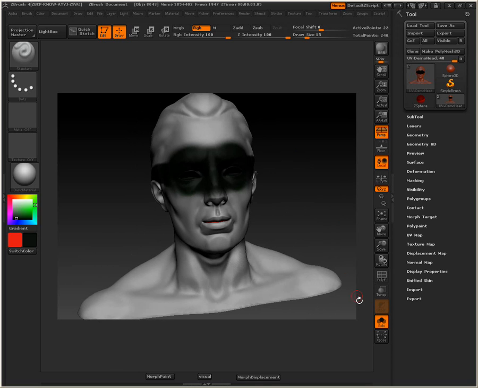It also works for subtools. Like I said, I'm going to hold the Alt key and click on the eye, and if you look up here in the left hand corner where my cursor is, it's going to tell you what's selected. So hold the Alt key, get by the eyes and click, and you can see it says switching to the eyes right there,